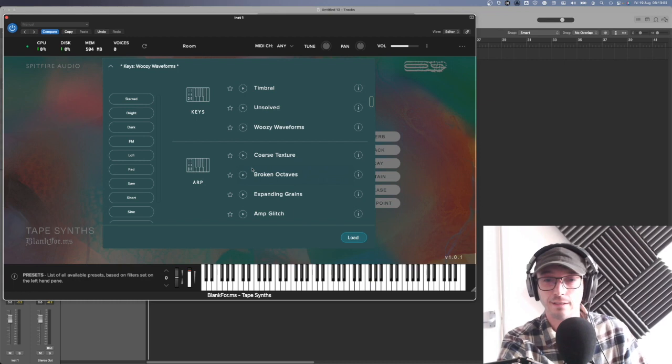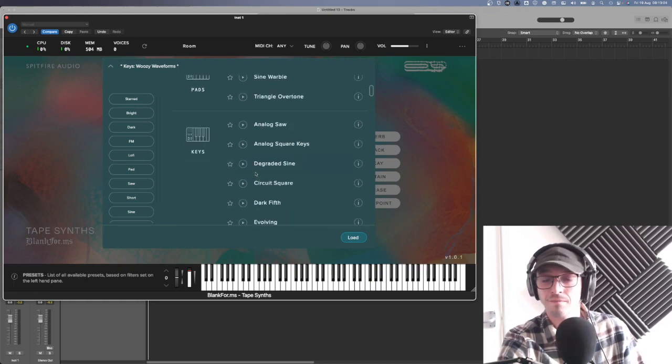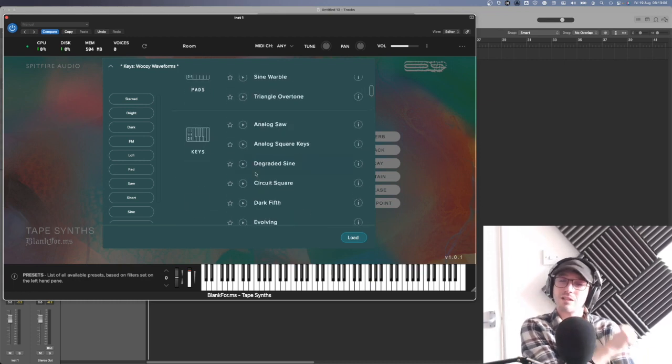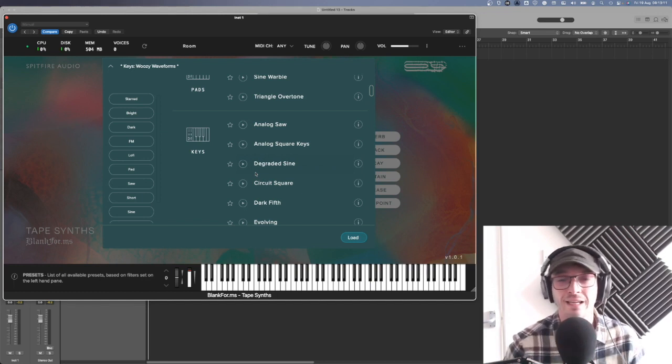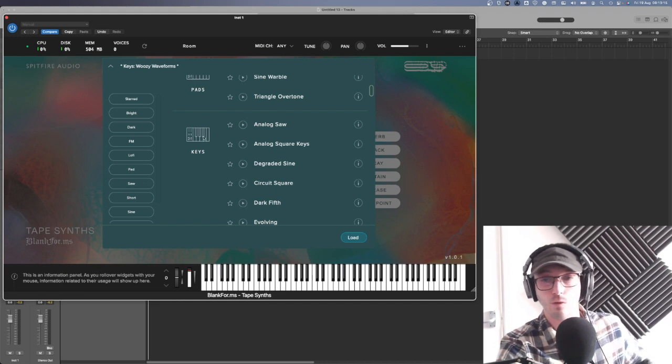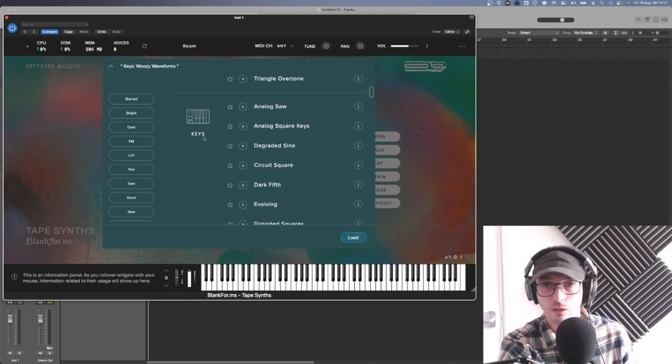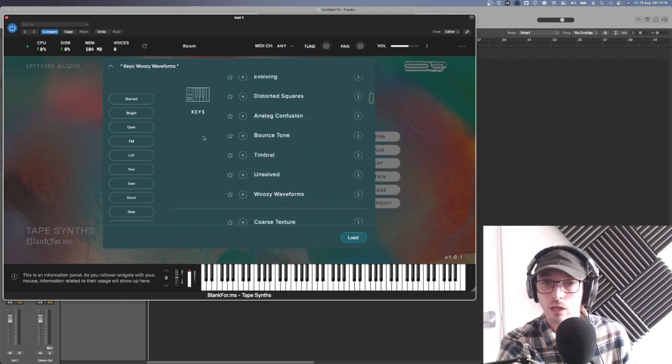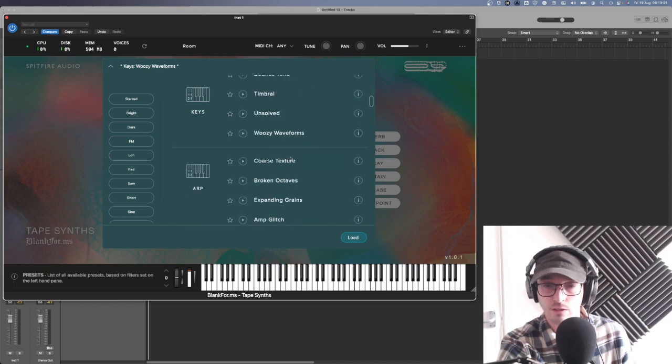That was our keys and pads. If I'm honest, I know it said pads and keys, but even the keys are quite paddy. They're not as uniquely different, but all the sounds are 100% unique and a lot of fun, as you can hear. So if you've made it this far,